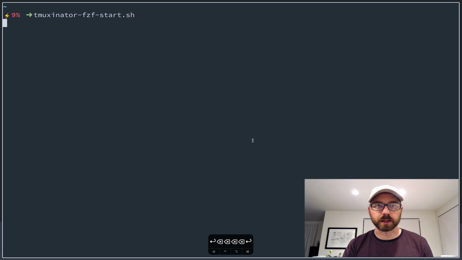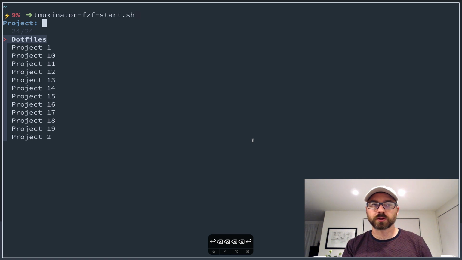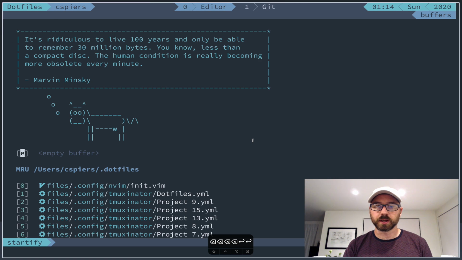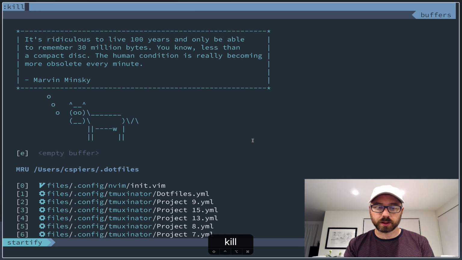Upon running it, it gets your Tmuxinator project configuration list, and it gives you a selection interface via FZF to be able to choose projects to launch. So hitting enter, I just launched my Dotfiles project. It configures things with Tmuxinator as you would expect if you've used that tool before. So, killing my server,